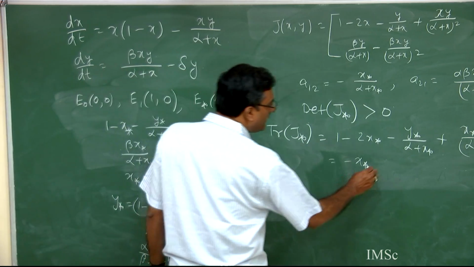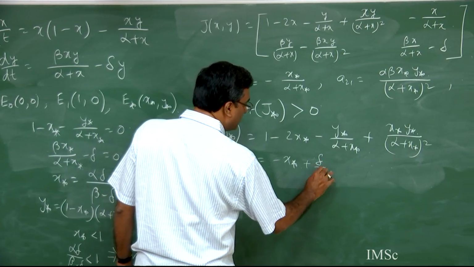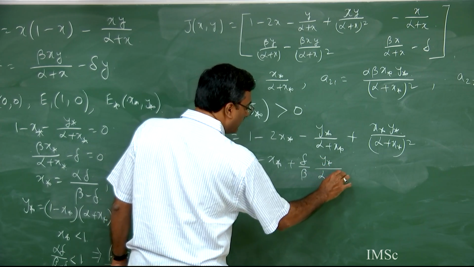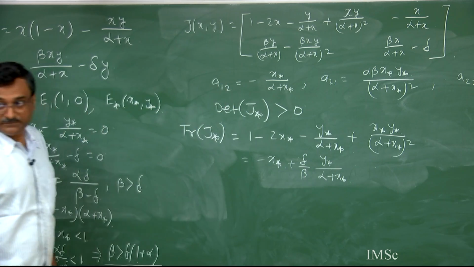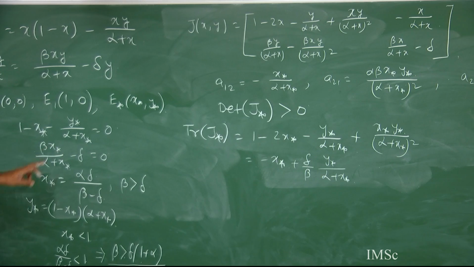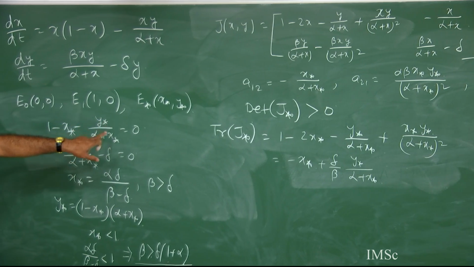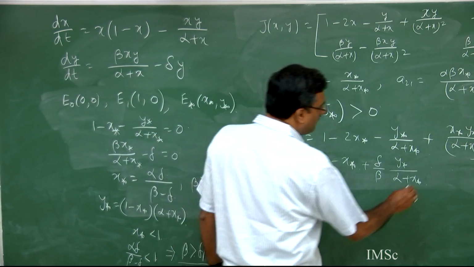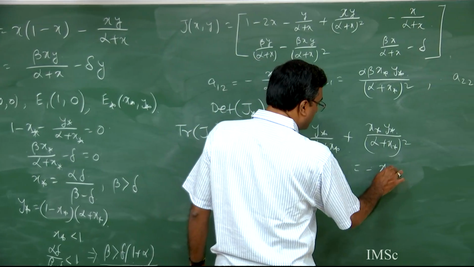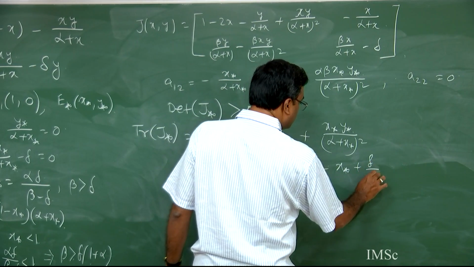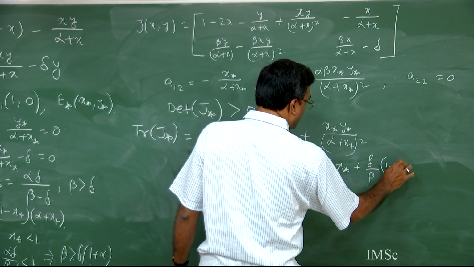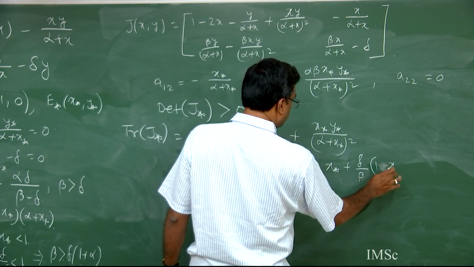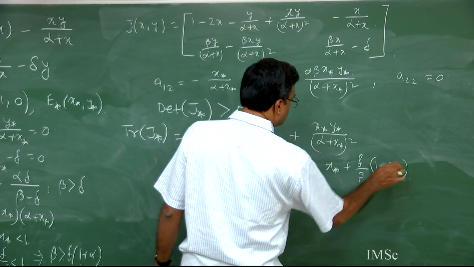So therefore this will be equal to plus delta by beta y star divided by alpha plus x star. And again from this relation you can write y star by alpha plus x star equal to 1 minus x star. So therefore you will be having minus x star plus delta by beta times 1 minus 1 minus x star,